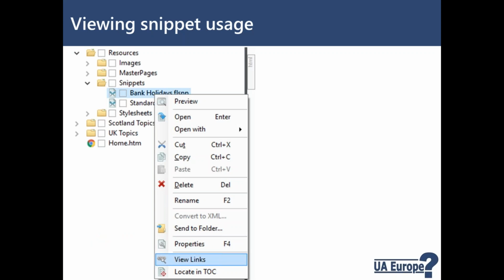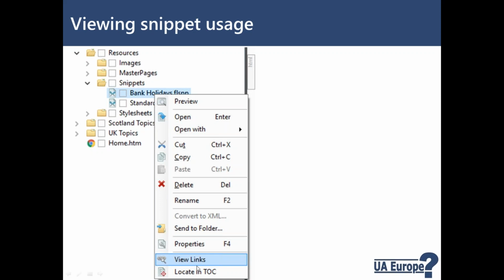So we've started using snippets, and one of the things people often ask me is if they've used a snippet many times, how can I find out where I've used that snippet? There's a really useful little feature in Flare that you can use not just for snippets, but for images, for topics.